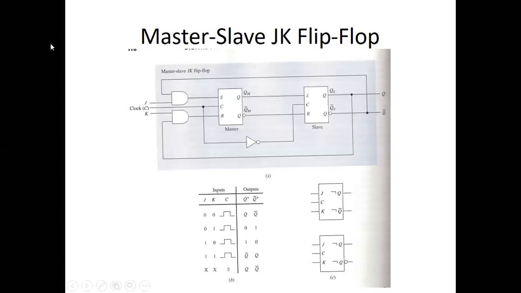So in that format, we can analyze the master slave JK flip-flop. And for that analysis, we also have the truth table over here, JK, and this is the clock pulse. We have not spoken about positive edge and negative edge. We have taken clock pulse is equal to 0 and clock pulse is equal to 1. Based on that, we have got the output Q and Q bar. Q and Q bar indicates the present state, Q plus and Q plus bar indicates the next state.